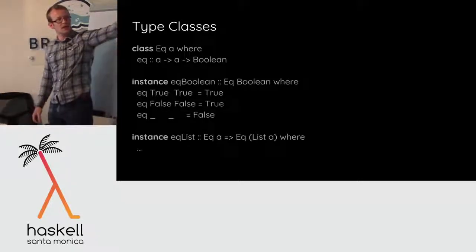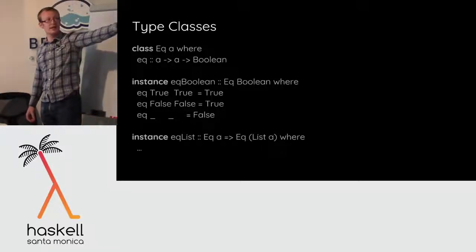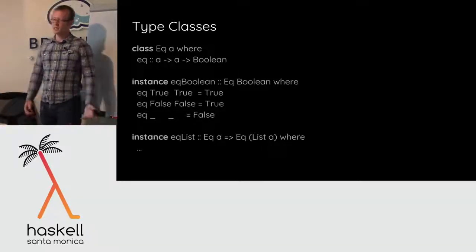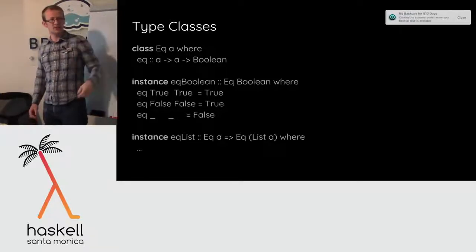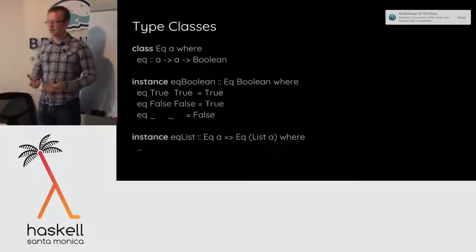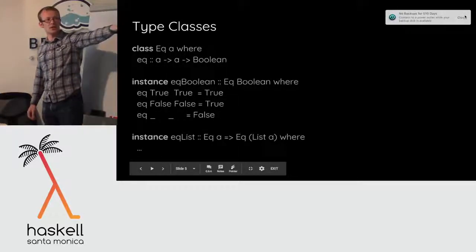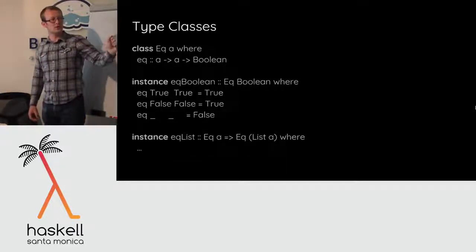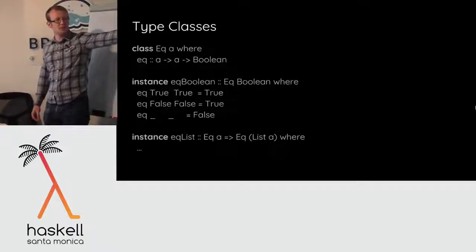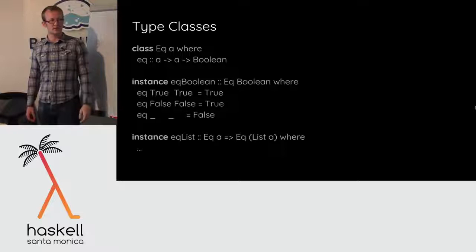And so I have a class called Eq. It has one type parameter A, and it's built out of a method called eq with a lowercase e that takes two values of type A and returns a boolean that tells me if they're equal or not. Okay. And instances basically assert that a predicate holds for a certain type. So this instance, Eq Boolean, inhabits the Eq type class for the Boolean type, just true and false. And it's implemented using pattern matching. True is equal to true, false is equal to false, and everything else is not equal to everything else.